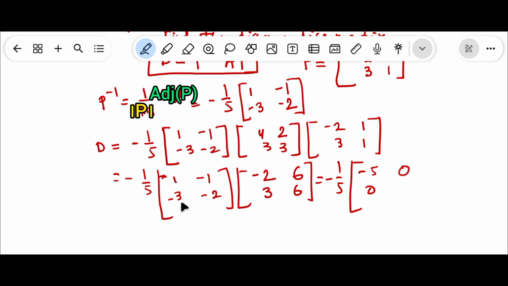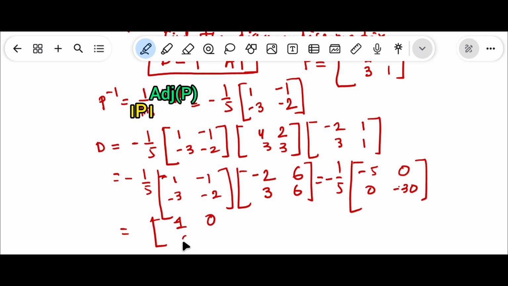Then minus 3 into 6, that is minus 18, minus 12, that is minus 30. So if I now multiply this with minus 1 by 5, I will get